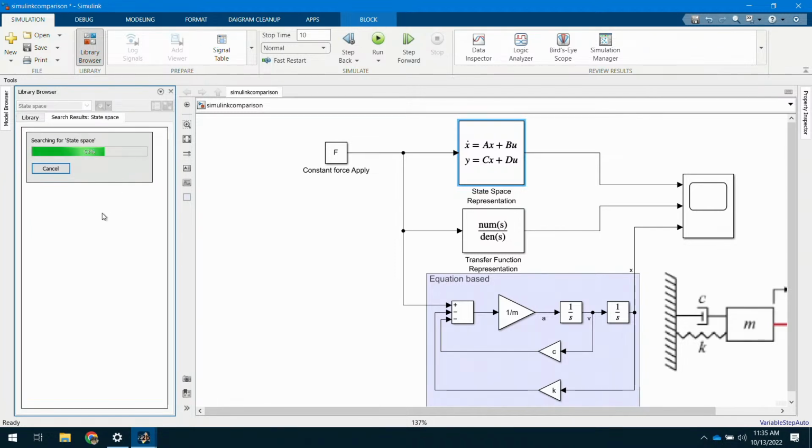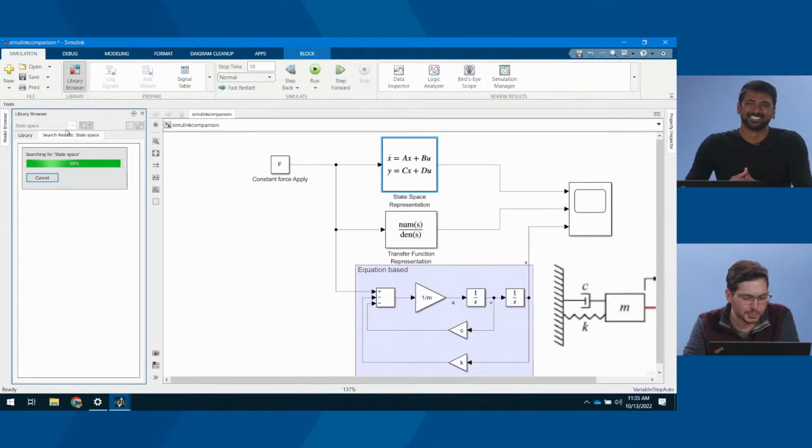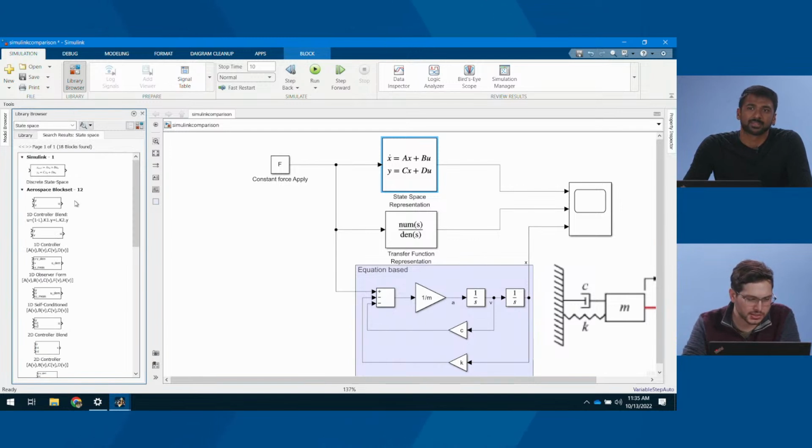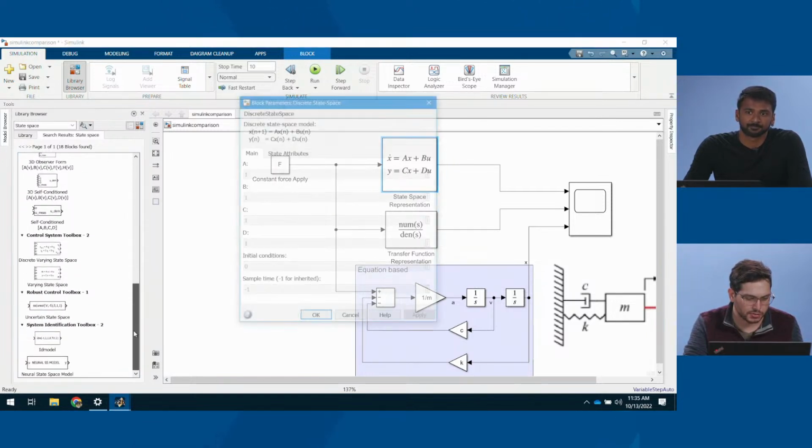Just gonna look through our thousands of blocks here. I've got a lot of toolboxes installed, so it takes a second. I only just installed 22B, so it hasn't looked around. So you can see one of the things that pops up is actually a discrete state space. There's a bunch of other stuff from